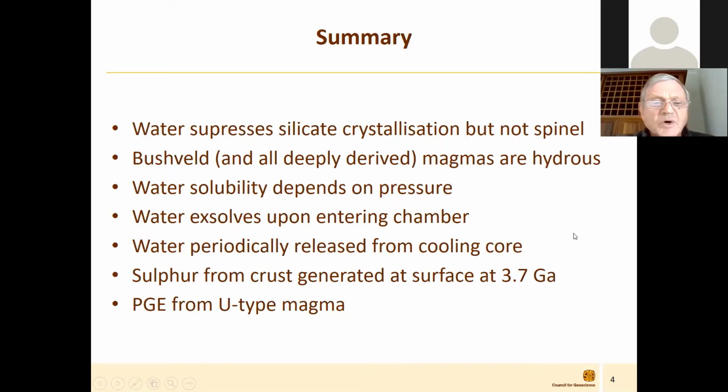The source of the water is actually primordial, primordial magmatic. The sulfur is crustal, with a sulfur isotope signature that says it must be Archean or older, and the most likely time is that it was generated at the surface 3.7 billion years ago. And then, of course, the PGEs are scavenged from the U-type magma by this sulfur. Okay, so